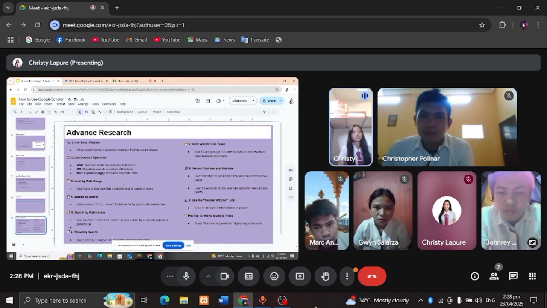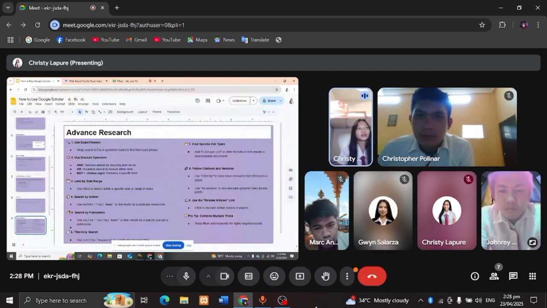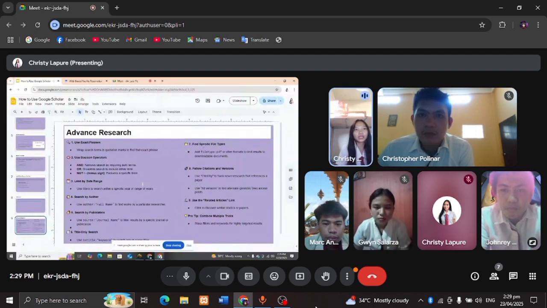You can also do the advanced search, like use exact phrases, like wrap search terms in quotation marks to find that exact phrase. So always check if may quotation mark ba siya kasi it is helpful sa inyong studies para ma-emphasize yung title talaga. And also use Boolean operators: AND, OR, and NOT.